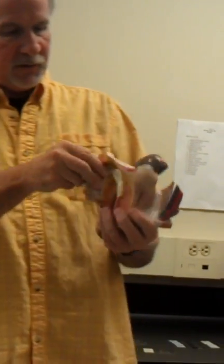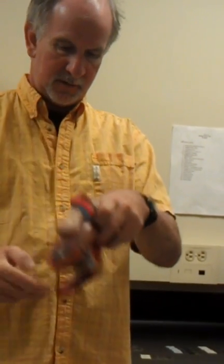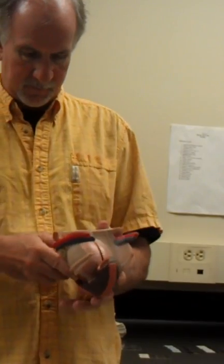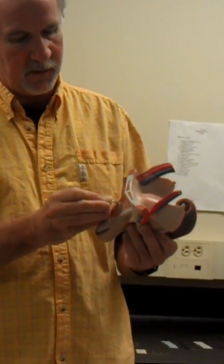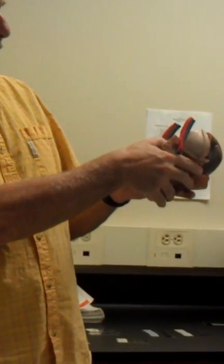Okay. So, I'm going to put all this together. What am I missing here? Usually it has little pins. Well, it does have little things. They're not really sticking together very well. That's why this wants to fall apart. Put that in there. That'll kind of help to hold it together. Okay, when I pull it apart,